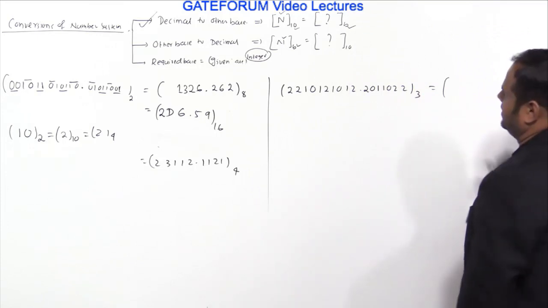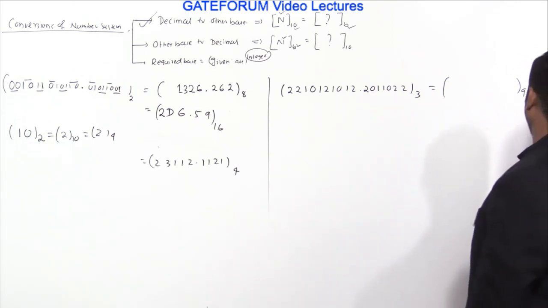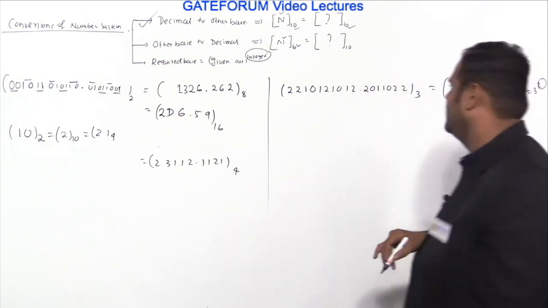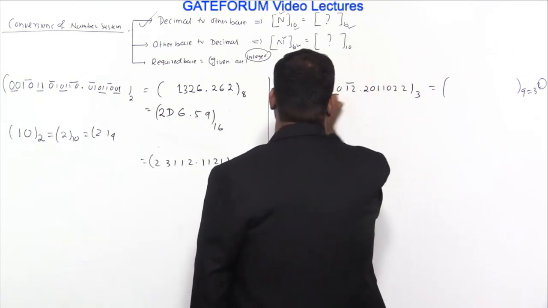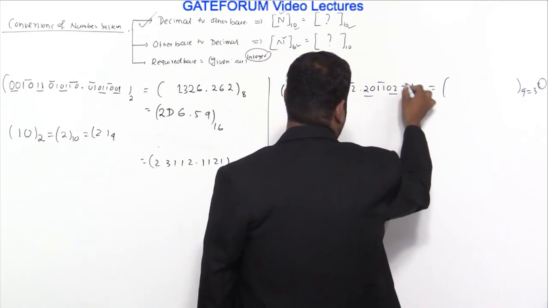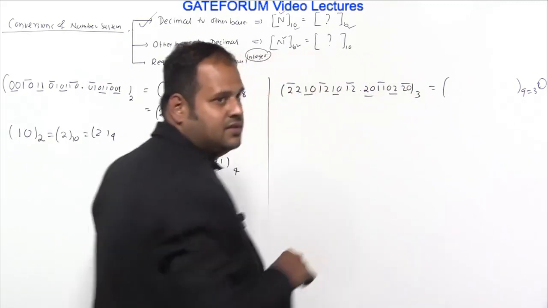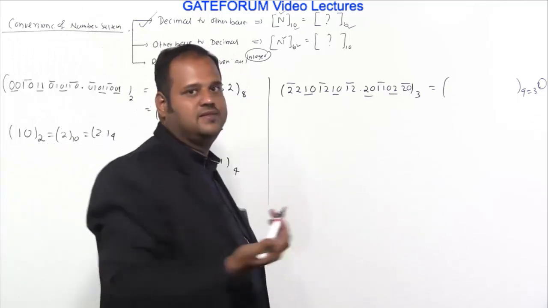So here the integer value, if you see, the required base equals the given base, which is 3 power 2. So the integer value is 2. So again you have to make groups of 2 from the radix point, and where you are lacking digits, you can put one more 0. You have to treat this separately and obtain the corresponding things.